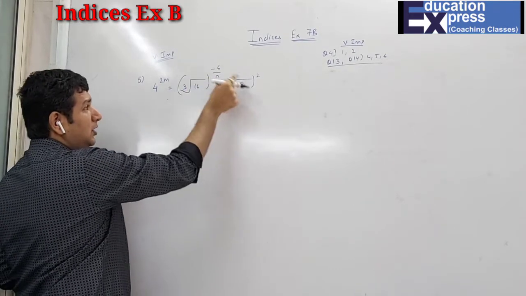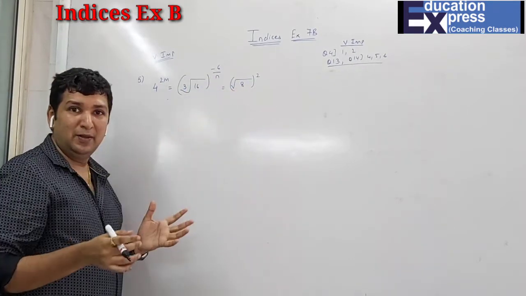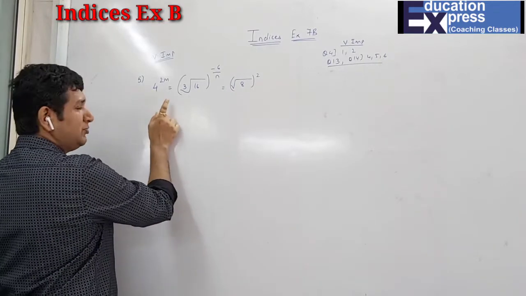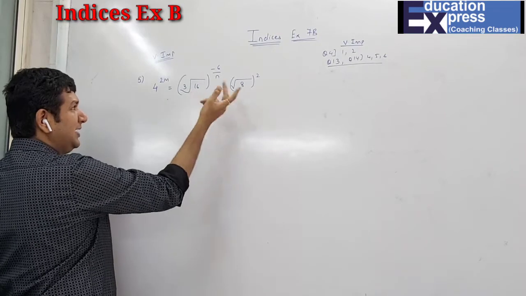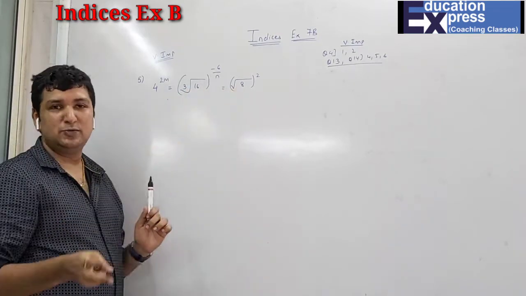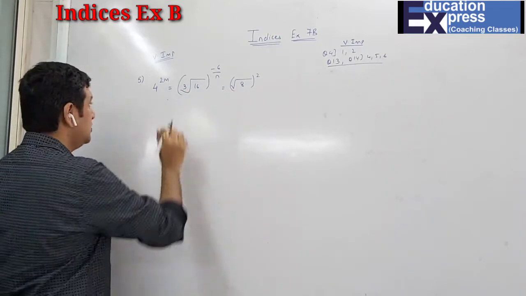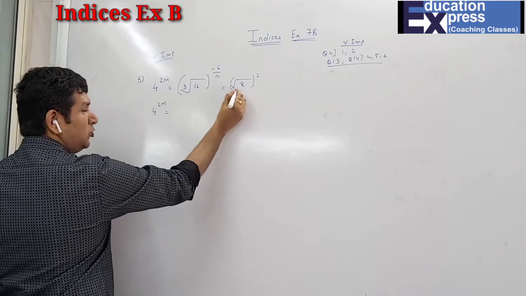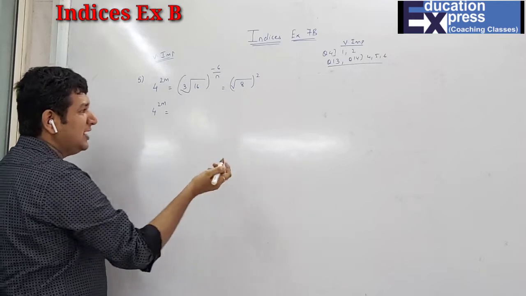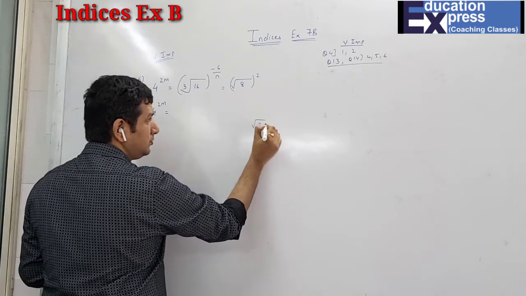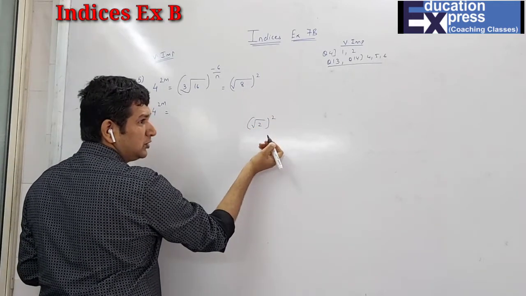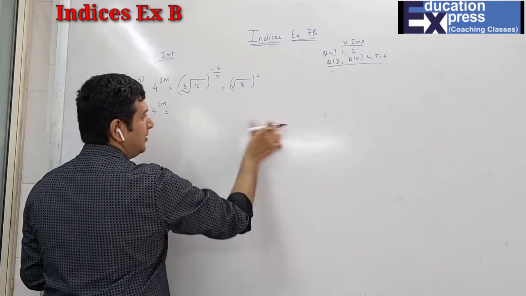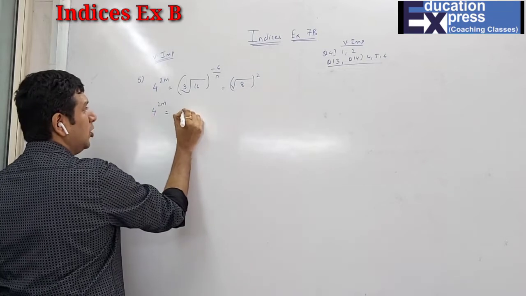Can you see the third part, root 8 square, there is no variable. That means I can take only one equal to sign, they all are equal. So I'll take first this equal to this, and second case this equal to this, and in both cases I'll get the value of m and n. So here first is 4 raised to 2m equals root 8 whole square. Obviously, as I've told you earlier also, whenever you square any root, the root sign disappears and the answer is only 8. So root 8 whole square is nothing but 8.